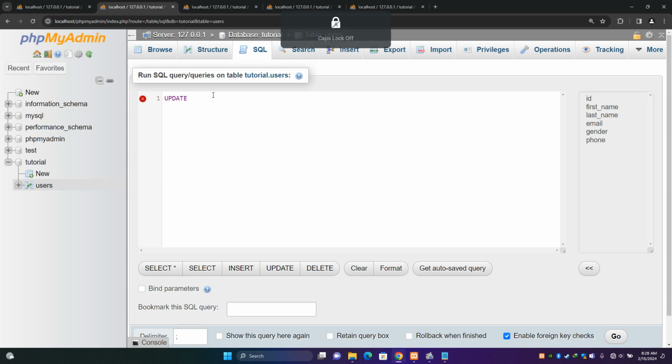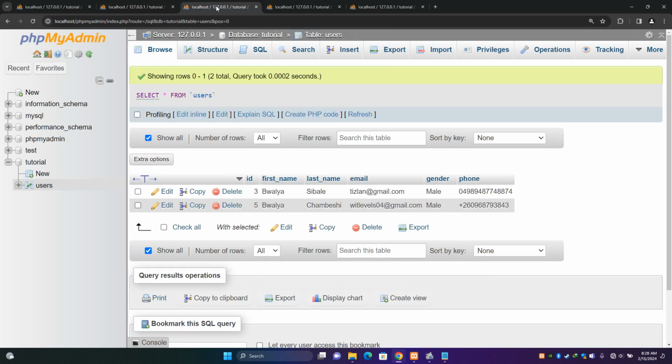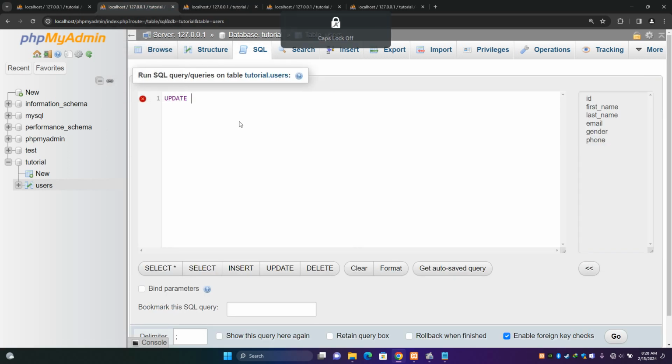Okay, so after you realize that these records have been updated with Walia as their first names, let's put them back to how they were. How do we do that? You can just simply say update users set first name is equals to Comfort, and then the condition where